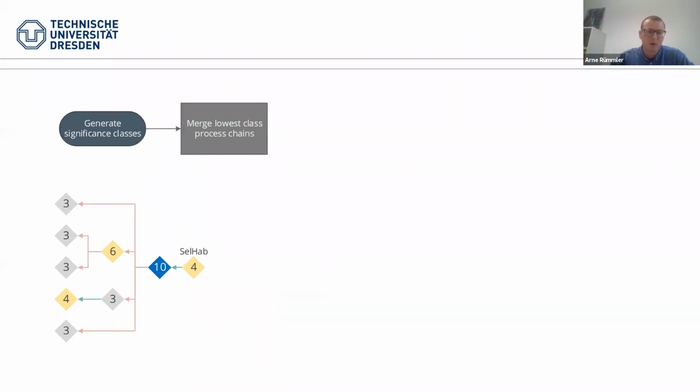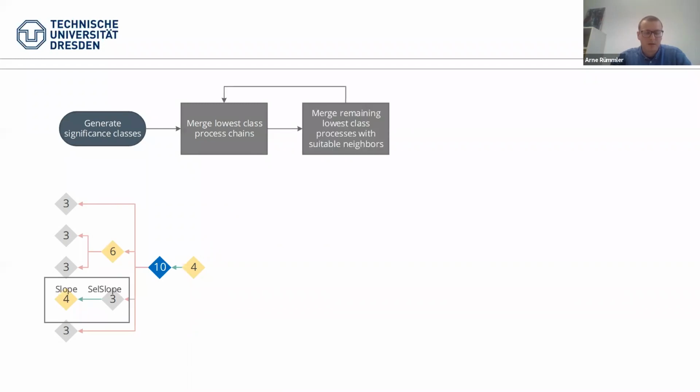So we have a multiplier of 1, and therefore we get a significance of 4. And now we go ahead and search for more chains in the graph, which are not present. So if we don't find any chains, we search for single processes with suitable neighbors for merging. A suitable neighbor in this case is a neighbor where the pair of the processes don't belong to a junction